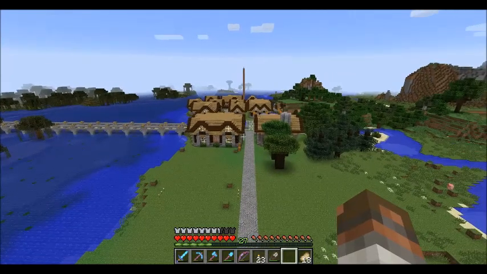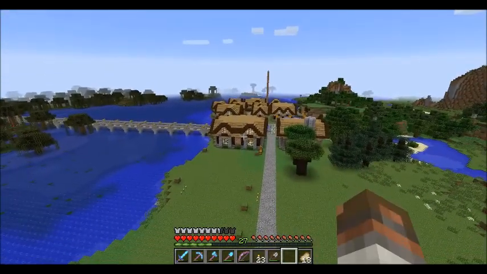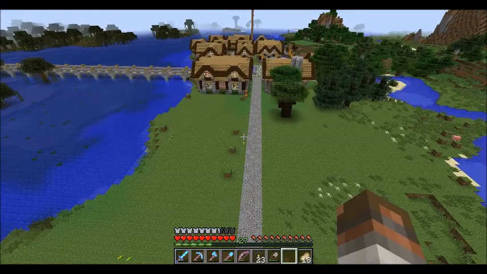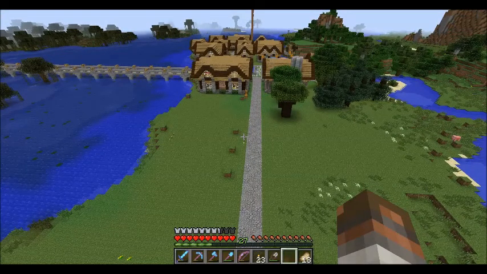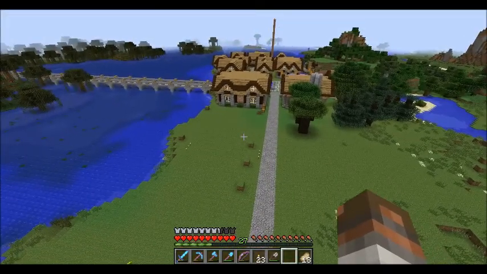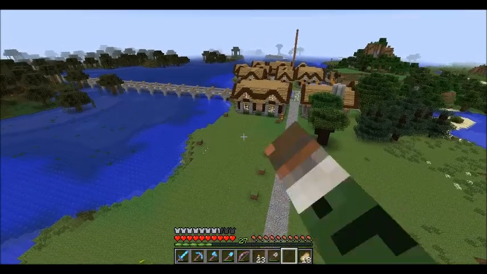But we currently have three or four librarians. So I think the next thing we're going to make for the town is a library. I have a really great design in mind, and I think it's going to work out great. I don't really have a location. I was thinking right there, but...